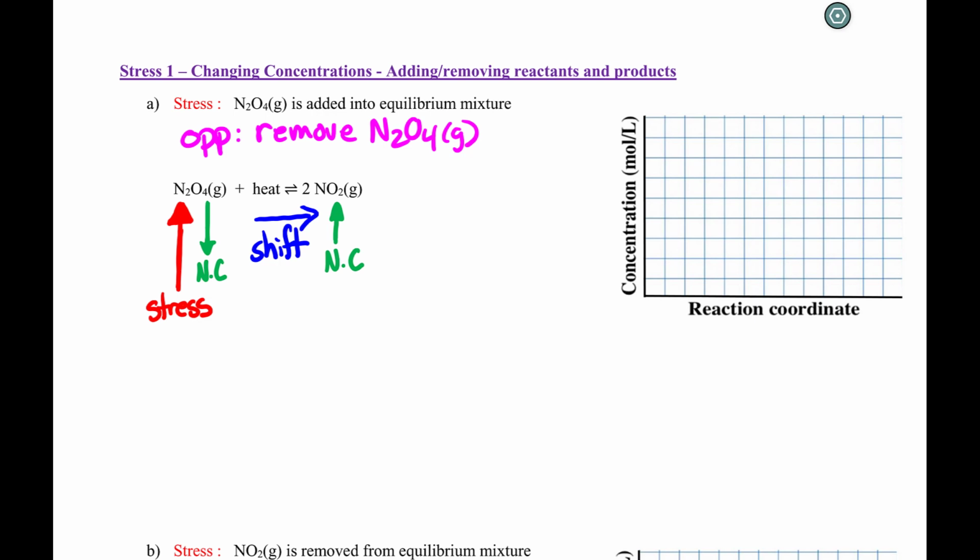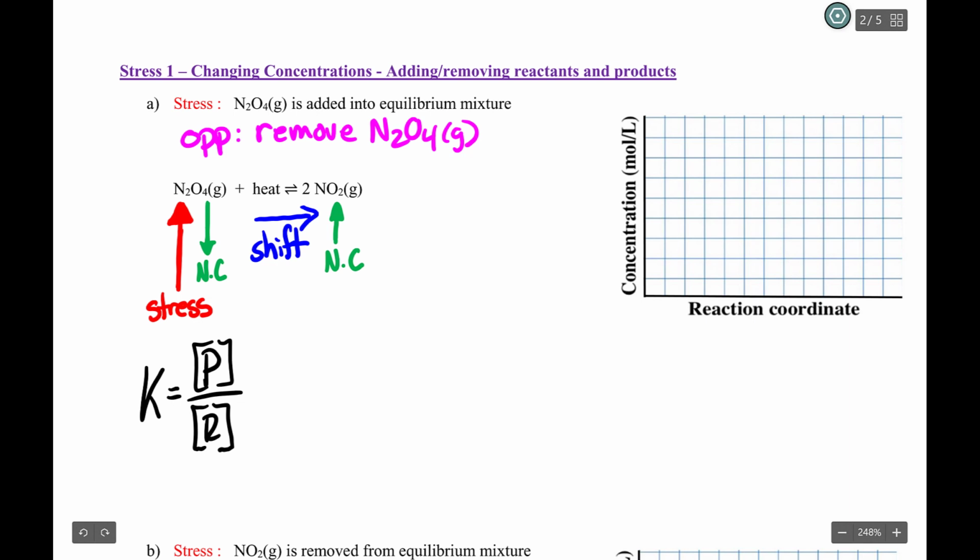It's not going to work out in terms of exact values based on the mole-to-mole ratio, but I think it will help your understanding. So let's just hypothetically say this. K is equal to the concentration of the products over the concentration of the reactants. That is 100% true. That's not hypothetical. But let's just say that the ratio under the current conditions is we have 1 to 1